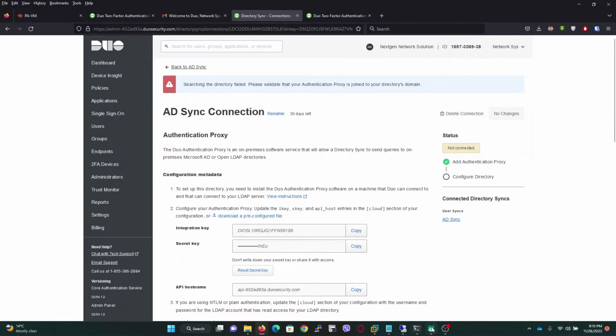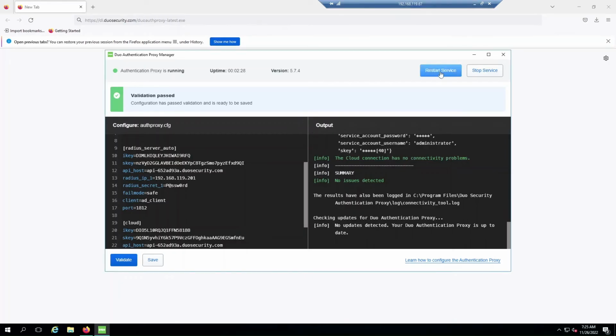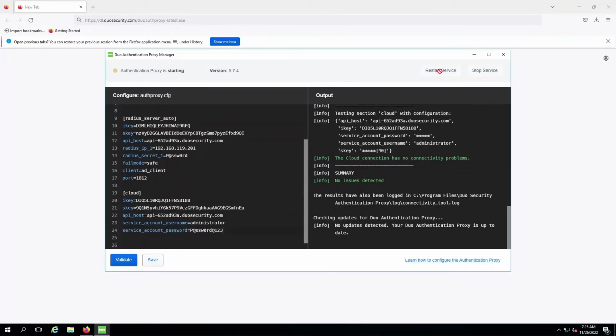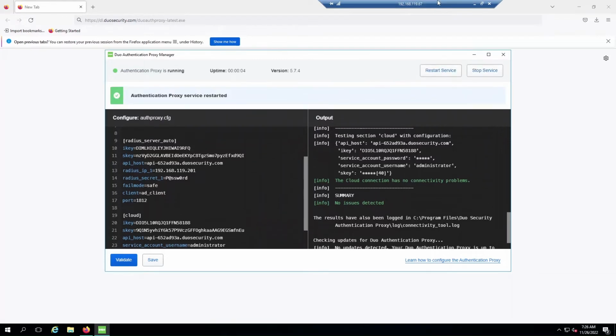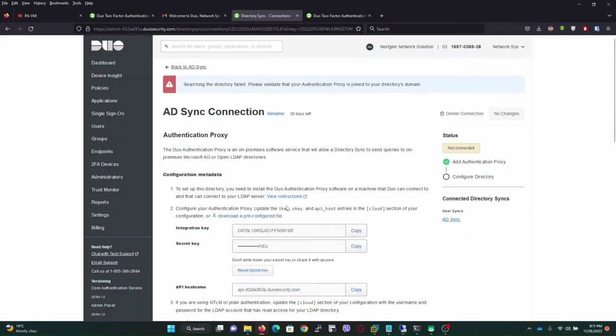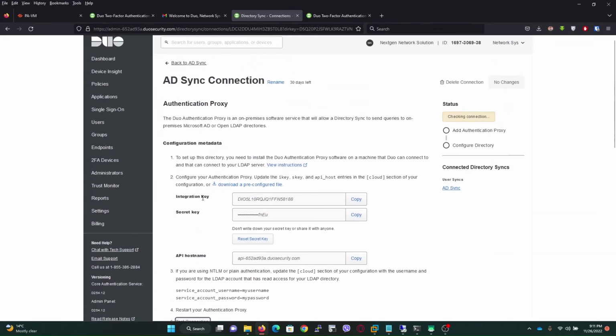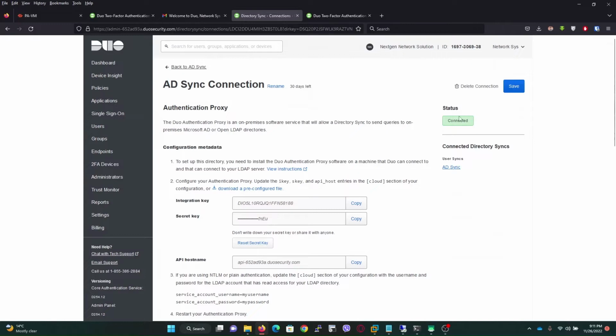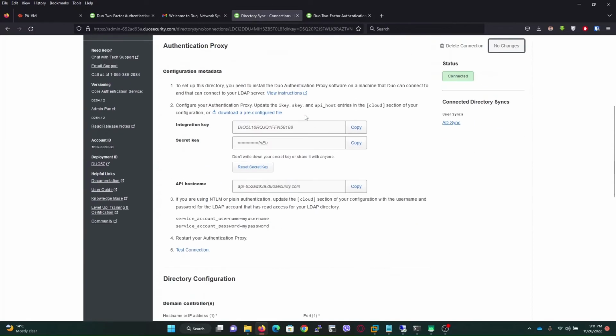Okay, so I think I forgot to restart the proxy server. Okay, let's check once again. Okay, now it's connected. So every time you change the parameter, you need to just restart the proxy. So I'll just save this one,